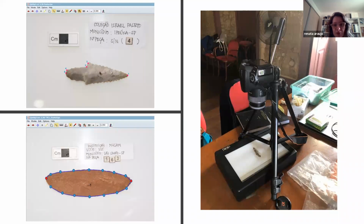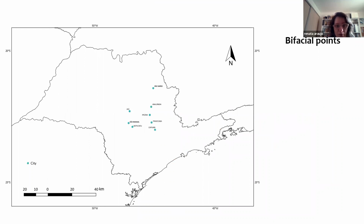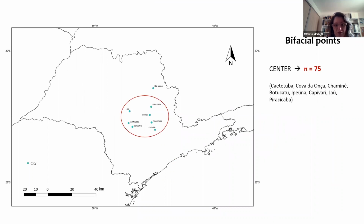In this study, we explore the application of 2D geometric morphometrics in the analysis of the morphology of bifacial points and unifacial tools to track changes in shape using landmarks and semi-landmarks. Two areas of São Paulo State were compared: the center of the state and the region of São Simão in the northeast. For bifacial points, we have a total of 111 specimens, being 75 points from the center and 36